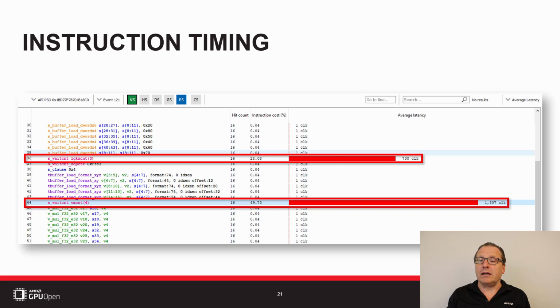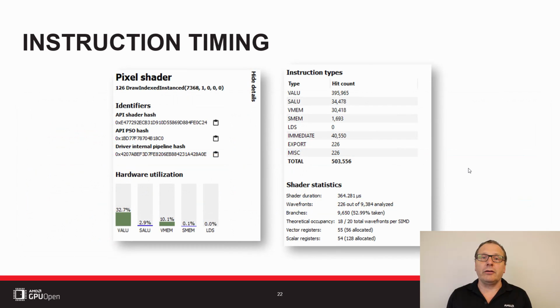The goal is to provide information you can use to modify shaders to try and achieve higher performance. In addition to the instruction timing information, this view also shows statistics about the shader execution in the side panel. Here we can see those statistics, which include an estimate of the functional unit utilization. These are the bar charts shown on the left here.